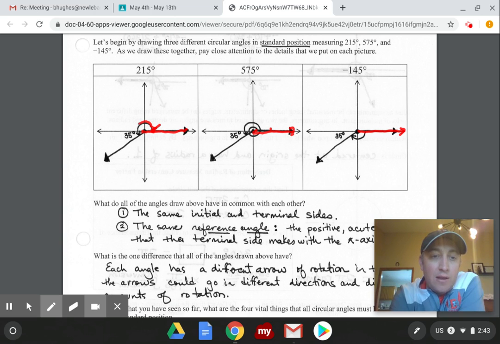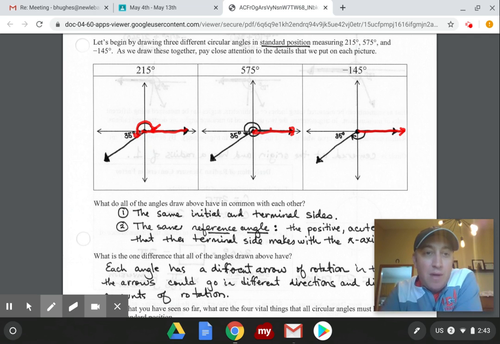So there I'm at 90, 180, and I'd have to go 35 degrees more. And that would be my 215 degree angle. For 575, I start off at my initial side, and I'm just going all the way around. There's 360 degrees, and I have to keep going until I get to 575. Negative 145, the only thing that's different about negative is you just go in the opposite direction. So I go down 90 degrees, keep going, and there I have gone